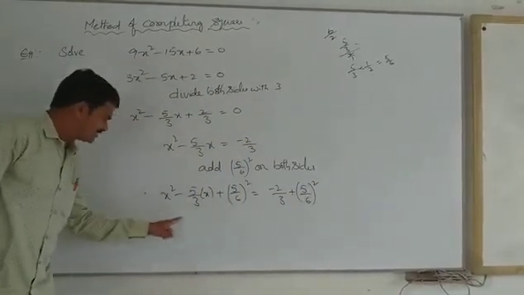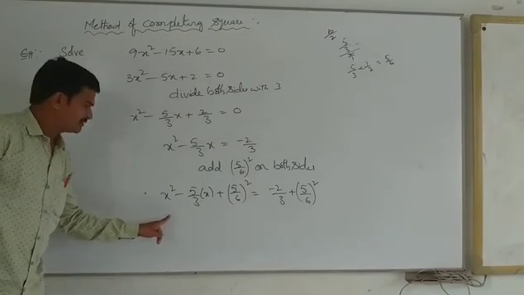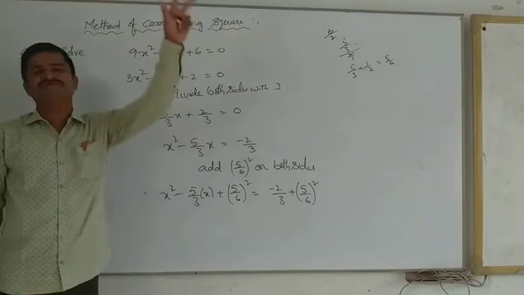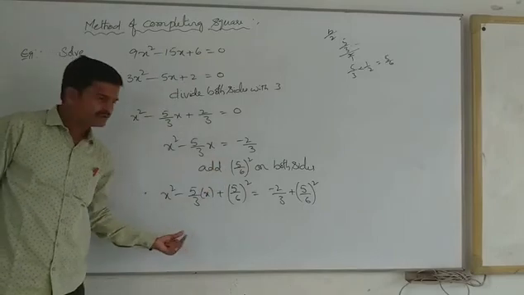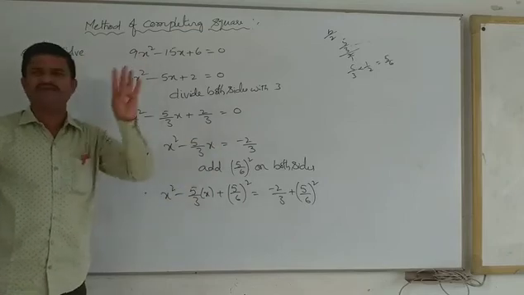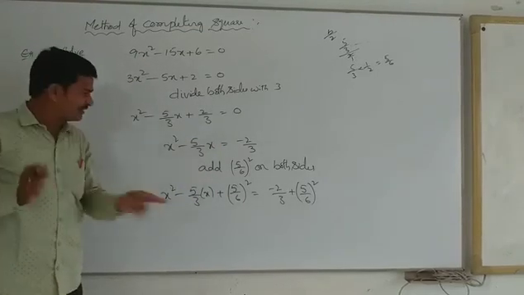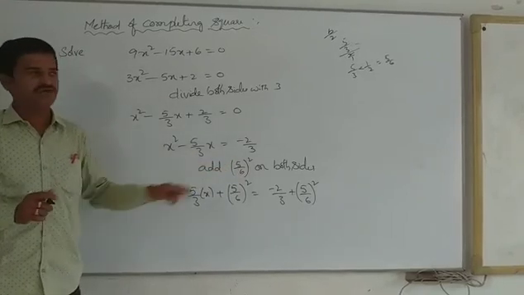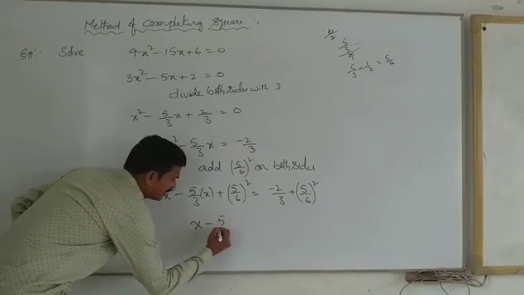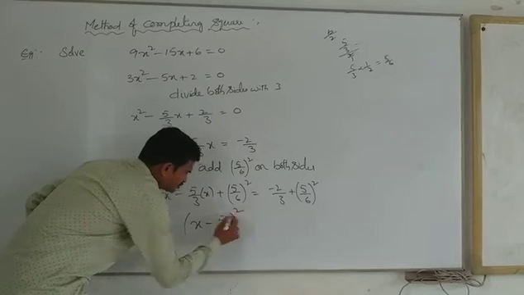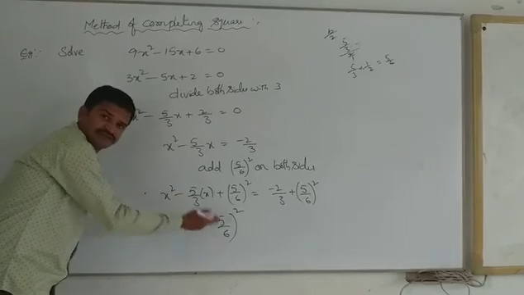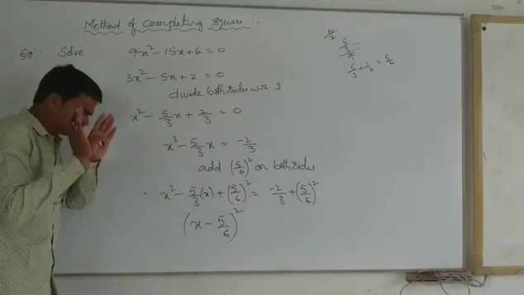Now how does it become? Can anybody tell? X square minus 5 by 6 whole square. Very good. Directly I told you, no need to convert into the x square minus 2ab plus b square form. If you are able to do it, you can do it. Otherwise, you can directly write it, no problem. For getting that form only, we are doing all these steps. So directly, what can we write? X minus 5 by 6 whole square. Have you understood how we got the minus here? The middle term is minus. If the middle term is plus, here we can write plus. Simply, don't bother about it.